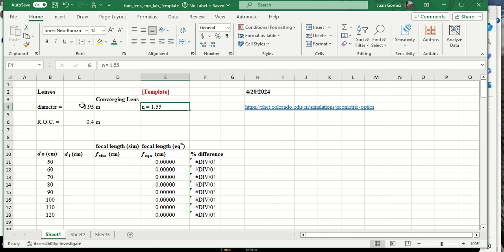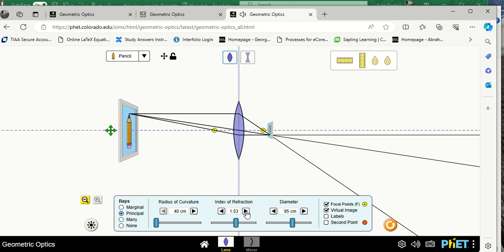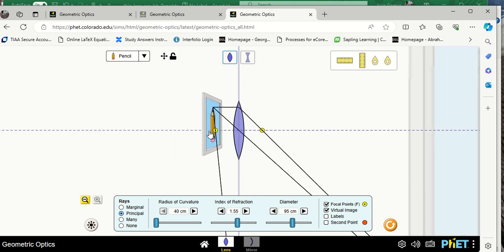We want the diameter to be 0.95 meters or 95 centimeters. Again, I don't know why I converted to meters. It doesn't matter. But there we go. See diameter. And the index of refraction, what did I say, 1.55. Okay. And now you can see here's your object, and you can adjust your object distance, and you can see